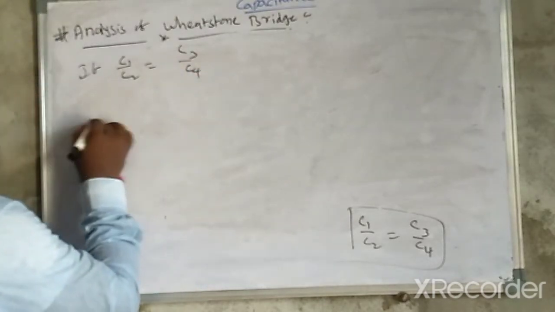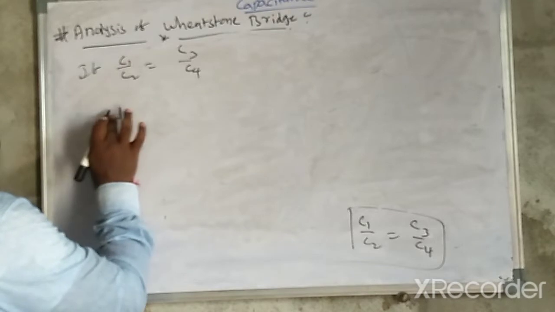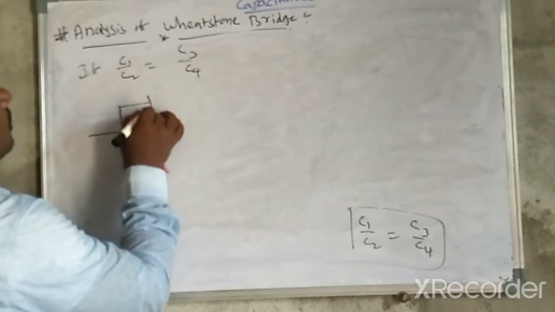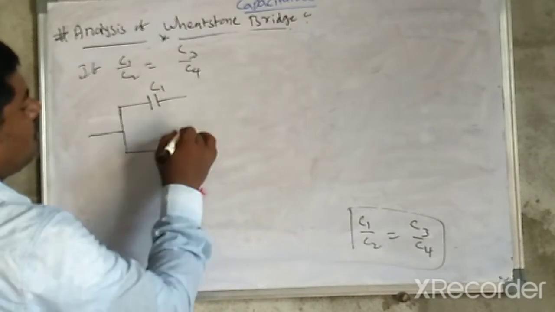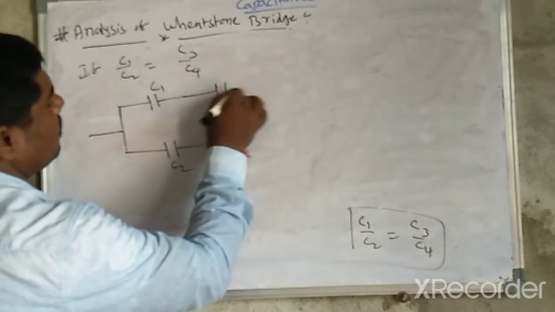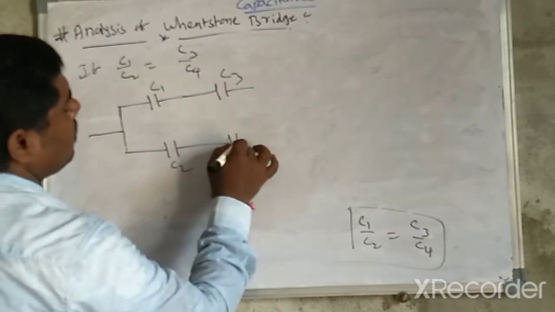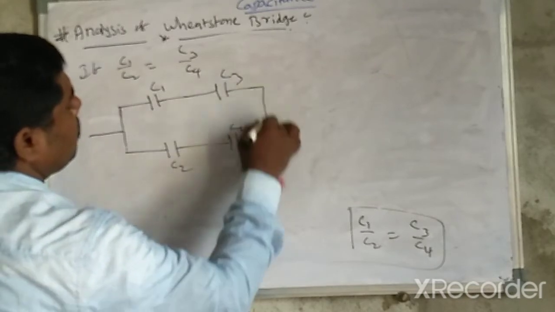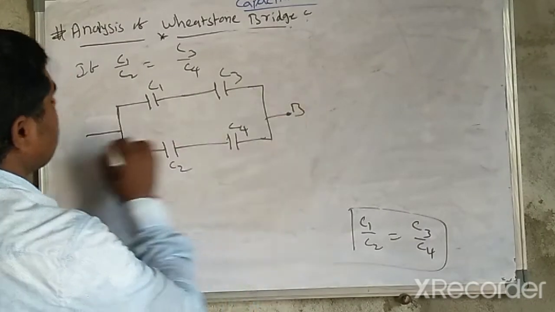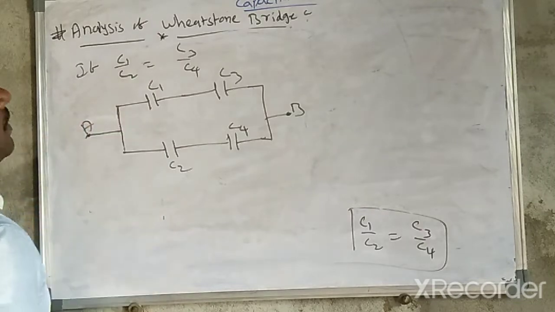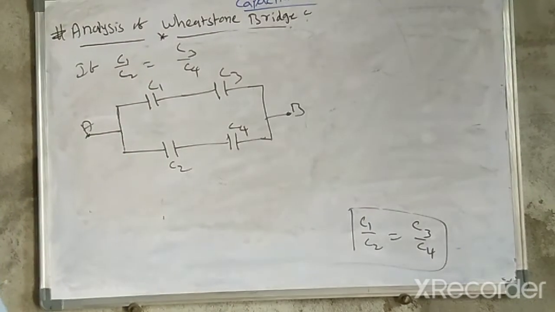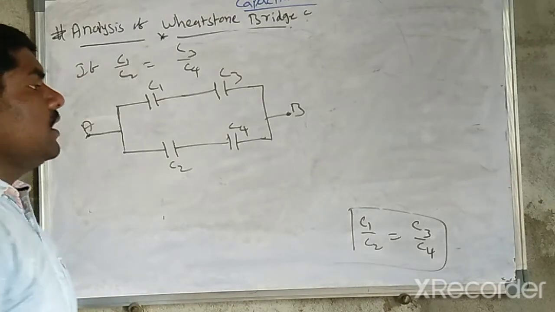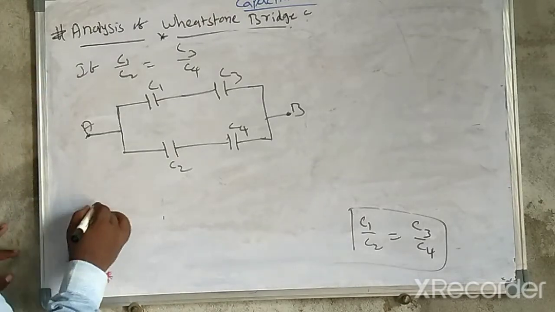So that's why in that case, here the C1, here the C2, here the C3, here the C4, connecting like this. This is the A and B. So you can remove the fifth capacitor. So without the fifth capacitor, here the C equivalent is equal to